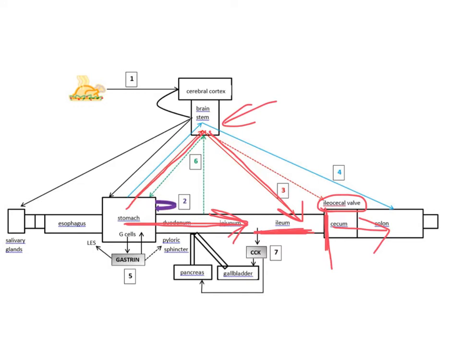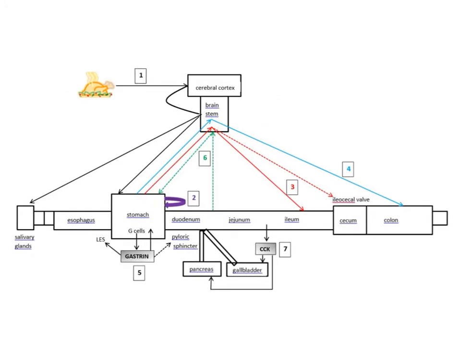So the gastroileal reflex is about motility. It's about moving food on because signals from the stomach are indicating that there is food moving towards the small intestines. The next reflex involved with the gastric phase of digestion is going to be number 4,